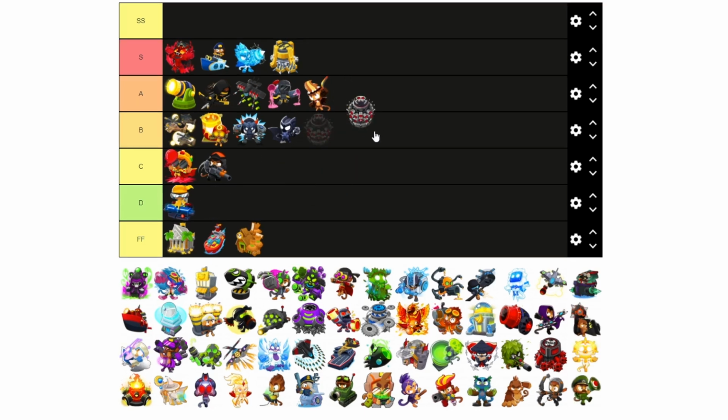Alright guys, we're going to go ahead and look at the Tack Zone now. I do believe that the Tack Zone is a super good tower to use in Chimps mode. I think I had him classified under A tier in my previous tier list, but after doing some careful consideration, I think that we can actually probably move